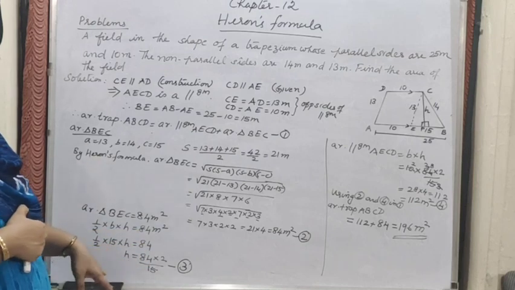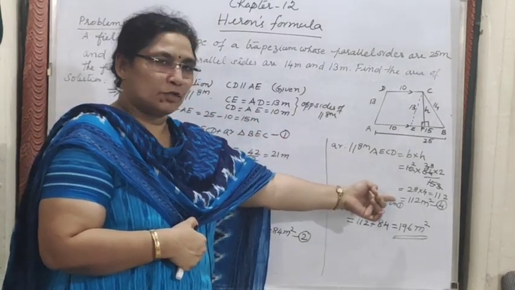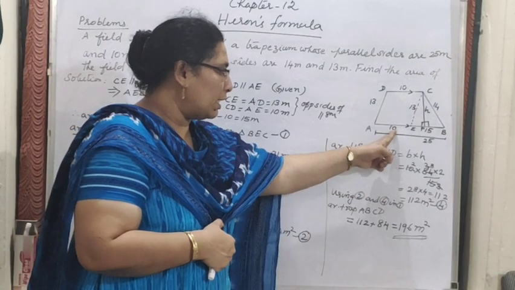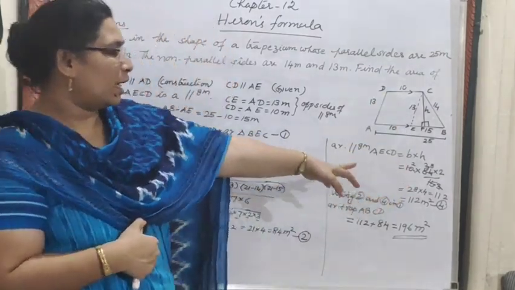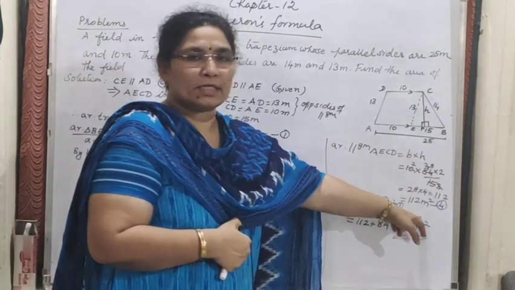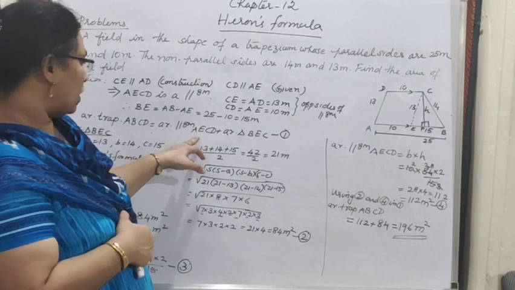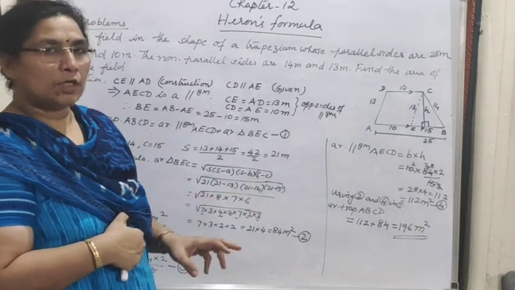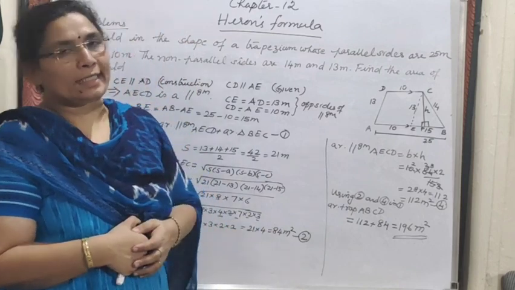Right? So we have applied the value and the height we have calculated. Once you got the height, you can find the parallelogram area. So we are getting 112 meter square because B is already 10, H we have calculated, 84 into 2 by 15. So your answer is 112 meter square. So using this 2 and 4 in the first equation for getting the area of the trapezium ABCD, the area of the trapezium ABCD equals 196 meter square.